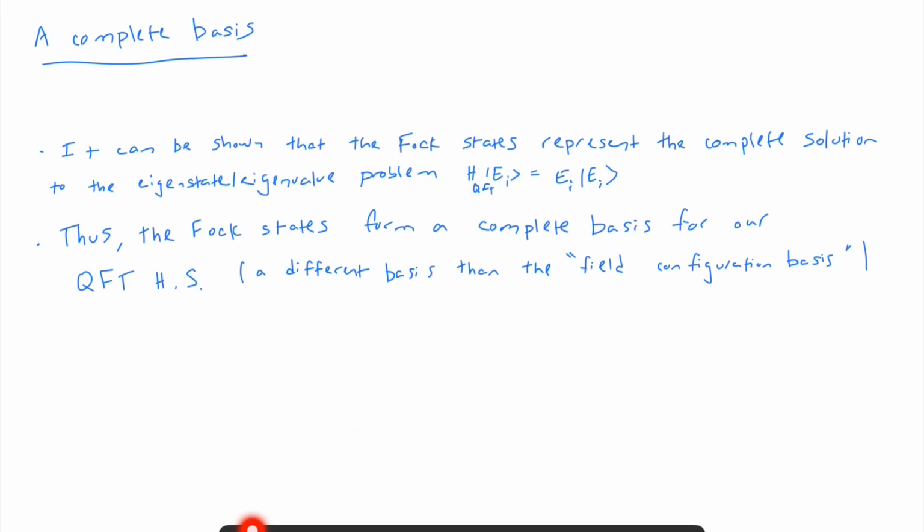So a couple things. It can be shown, remember, that the Fock states represent the complete solution to the eigenvalue problem of H E equals E E. So thus the Fock states form a complete basis for our QFT Hilbert space. We have everything very well defined. I always struggled with a lot of different books. I feel like they didn't show how it's a natural extension of quantum mechanics, but I spent a lot of time doing that. And we talked about this initial way we defined our total Hilbert space, or a QFT Hilbert space,